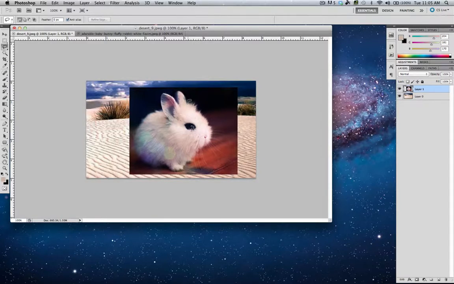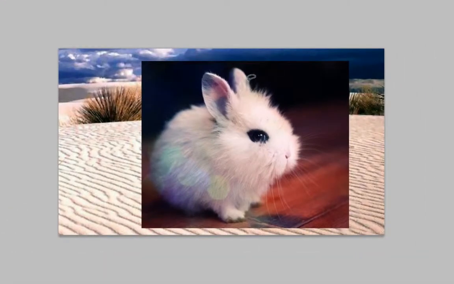In this example, I'm going to use a lasso tool for my selection tool. And I'm going to go around the edges of my rabbit, and then I'm going to come in a little bit tighter on the inside of the fur because I'm going to use the Refine Edge tool to work on that a little bit better. As we go around here, we'll close out our selection and we'll see our marching ants